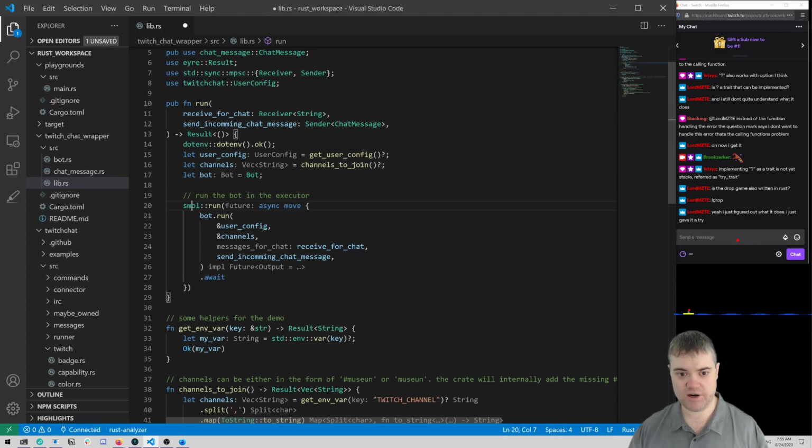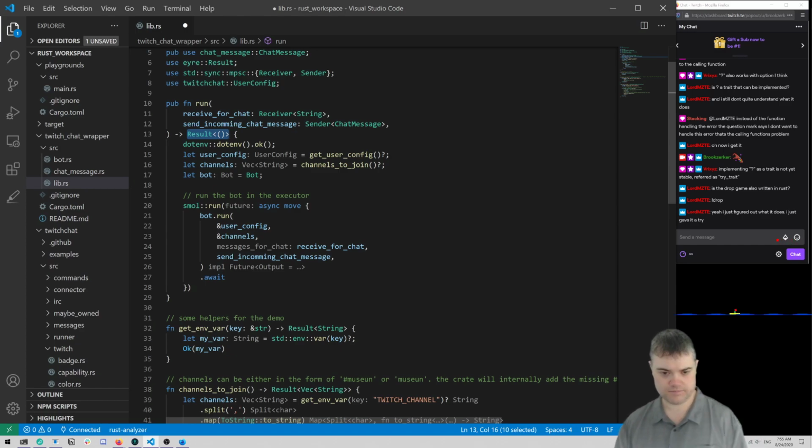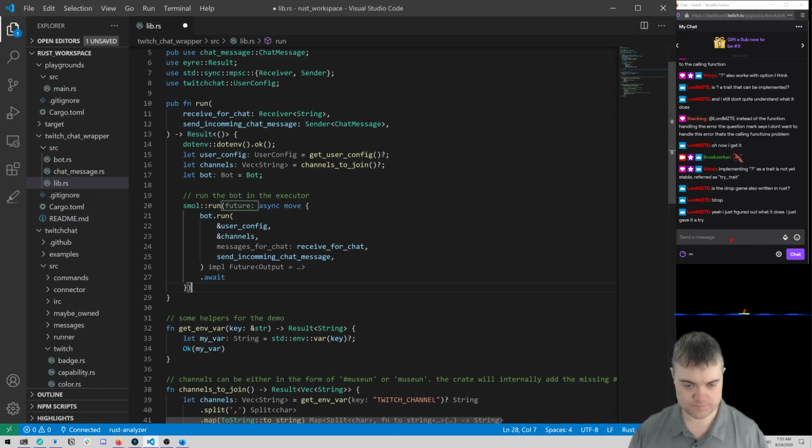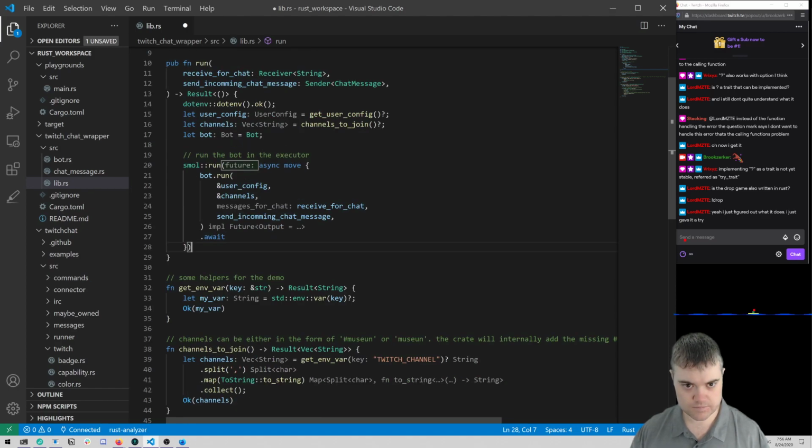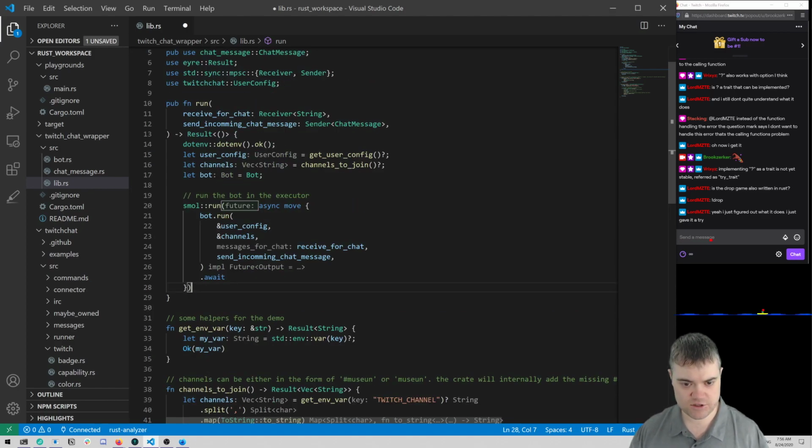And then we return whatever smol returns, which is a future, I believe. And we can see that, I guess it's nothing right here. Oh, it must be an Ok. It returns an Ok.